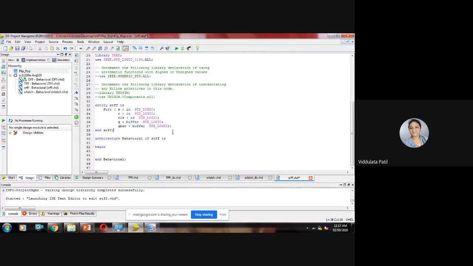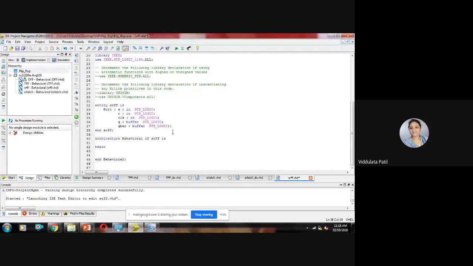Now, can anybody tell me what is the clocked SR flip flop? काय असतं त्याच्यामध्ये clocked SR मध्ये? Okay, can you draw the diagram of clocked SR flip flop?